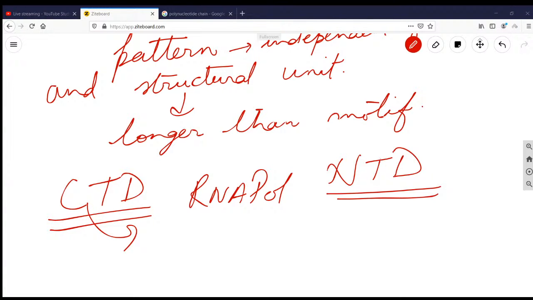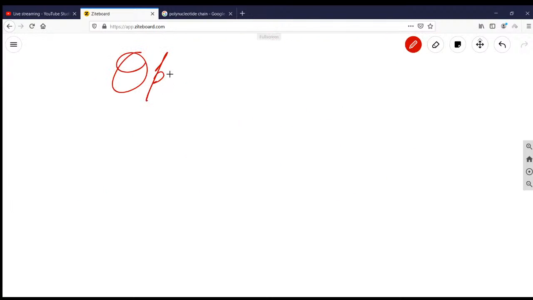Okay. Now, after the transition happens from the closed to the open complex, what happens is the conformation of both the RNA polymerase and the DNA will change. Now, the most dramatic changes in the structure of the RNA polymerase DNA complex, when we talk about the open complex,